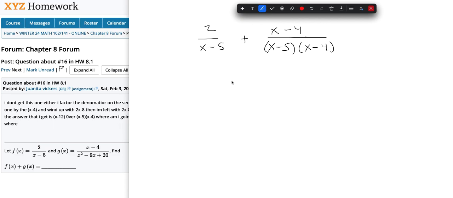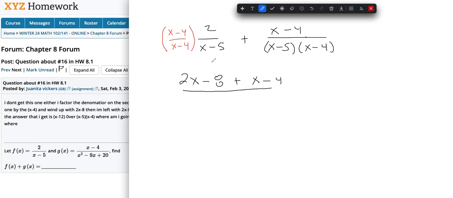And most of the time, the shortcut wouldn't work. This one just happens to do it. But let me show you what would work for every problem of this form first, which is just what you're thinking. So we do that because that's going to get us that common denominator down there. And then just like you said, we'd have 2 times x and then minus 8, perfect. And then that's plus x minus 4